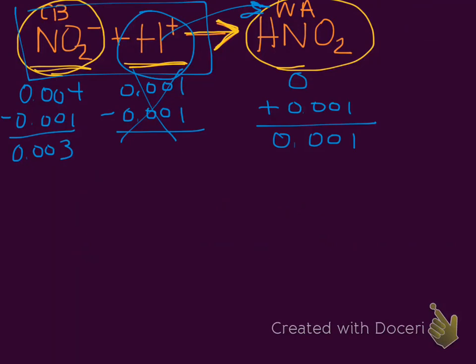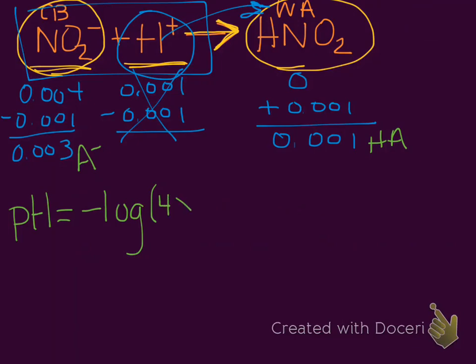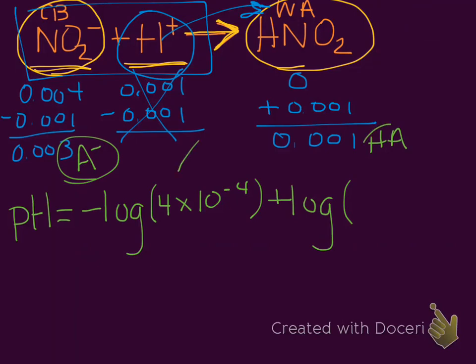All right, so now we have our HA and we have our A minus. And so now we can go ahead and solve this. So let's label this our A minus, let's label this our HA, and we can plug this into Henderson-Hasselbalch. So we've got the pH equals the pKa, so that's going to be the negative log, and we know the Ka value for this because we can look it up in that table. Okay, plus the log of, and it's always A minus over HA, so we would have 0.003 over 0.001,